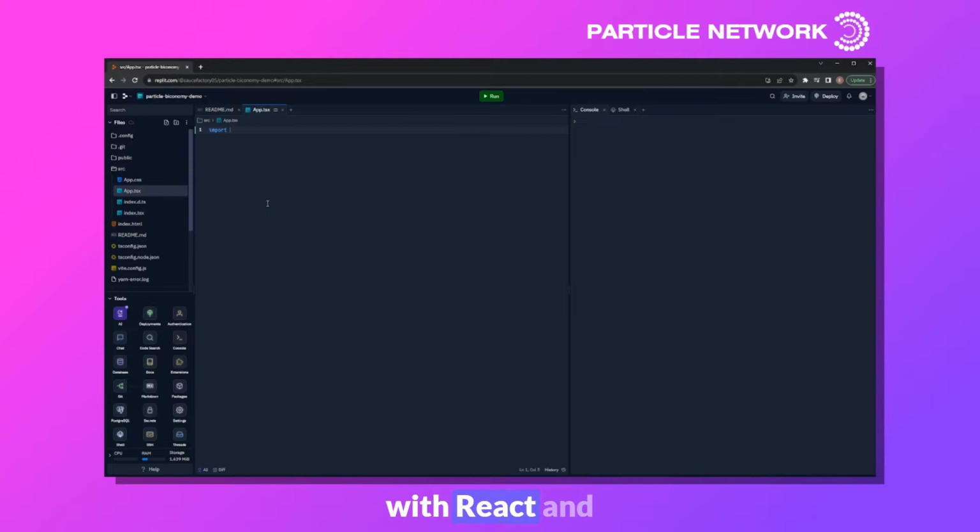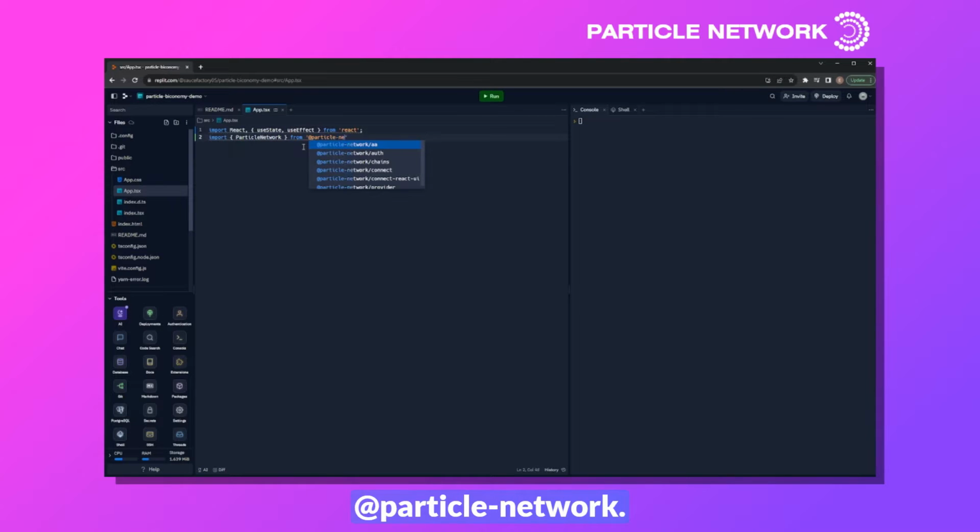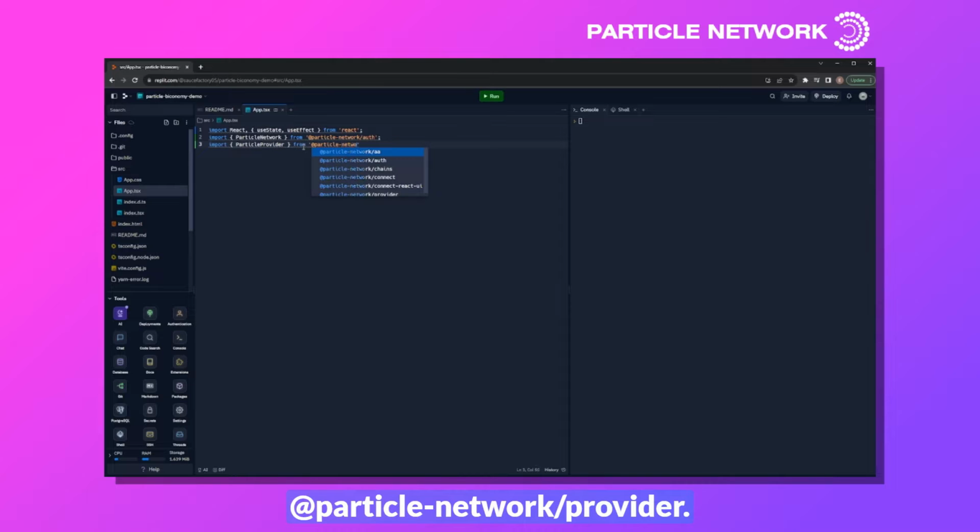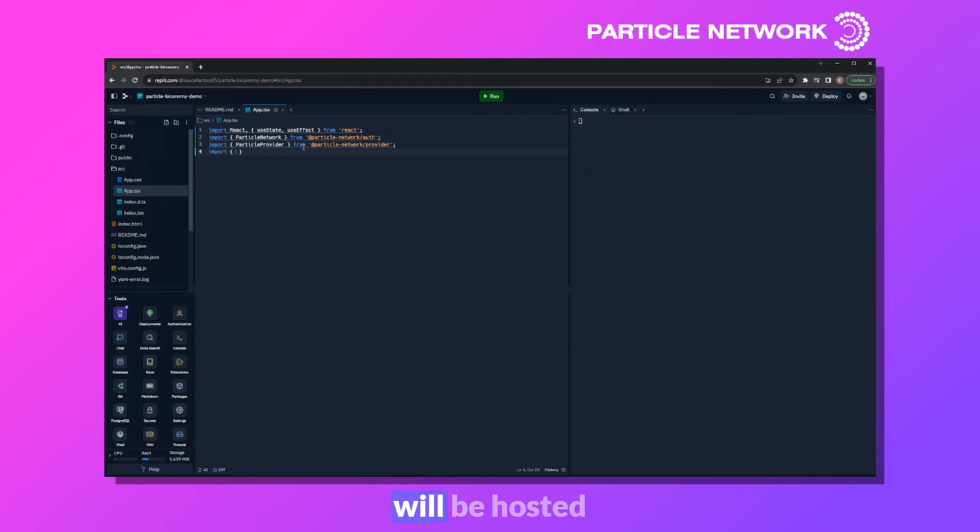We can start with React, and specifically we can import useState and useEffect. We can also import Particle Network from @particle-network. This will be sort of the master variable for configuring and interacting with Particle. To go with this, we'll also need to import Particle Provider from @particle-network/provider. Additionally, this application will be hosted on Ethereum Goerli, which we can import from